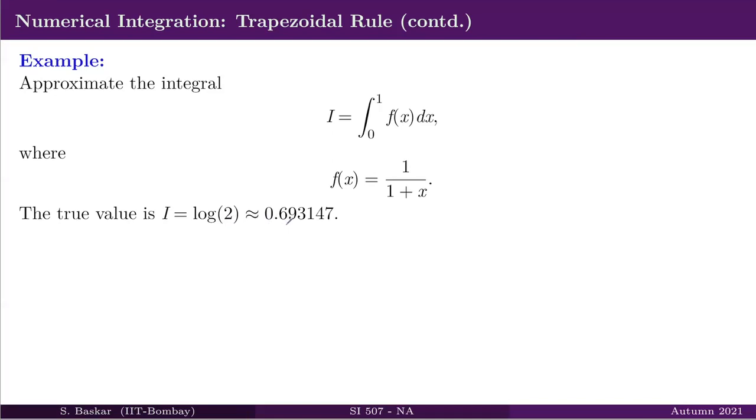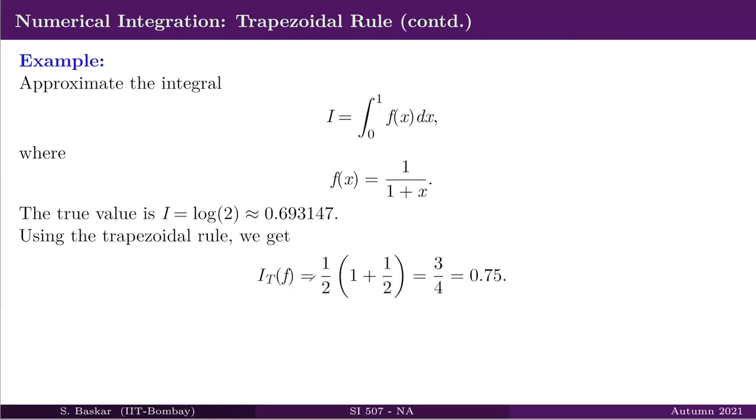Let us apply trapezoidal rule and see how trapezoidal rule approximates this integral. As per trapezoidal rule, we have (b minus a), which is 1, divided by 2 into f of a, where a is 0, plus f of b, where b is 1,